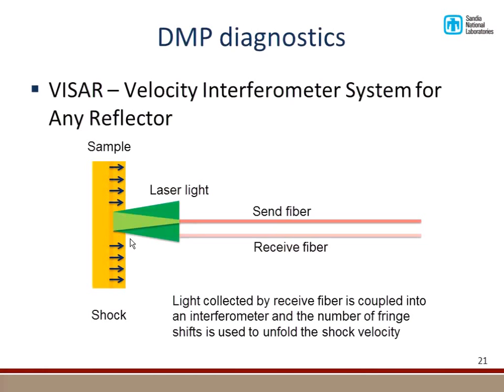And then we have a sample that has a shock propagating through it from left to right. So this light bounces off of this shock, which is opaque and reflective. And then you can see the reflected light shown in green. Some of that's collected by a receive fiber, and that light is coupled back into an interferometer, the other leg of the interferometer being the non-shifted light. And then you look at the number of fringe shifts that you see, and that gives you some information about